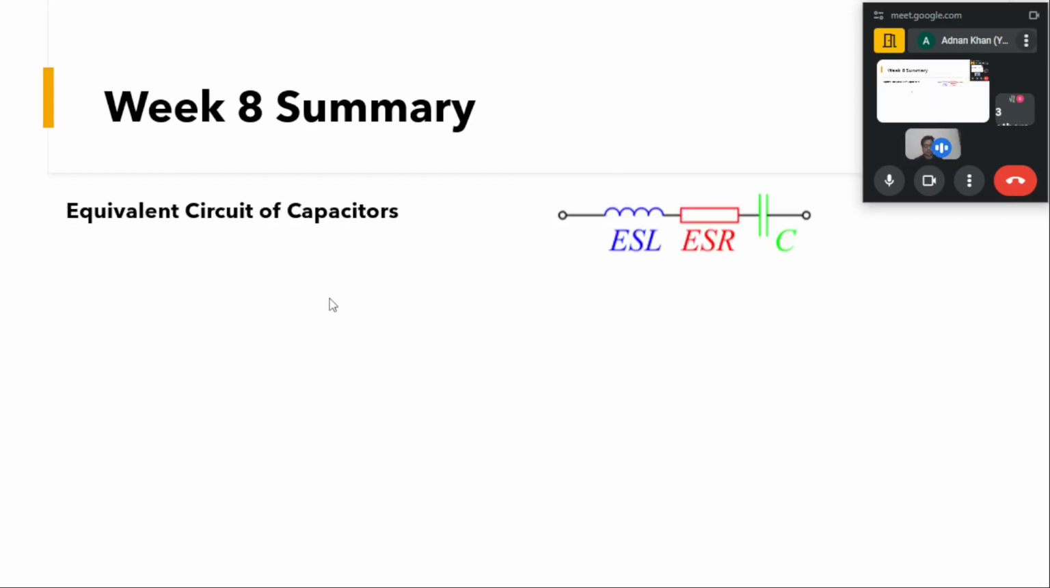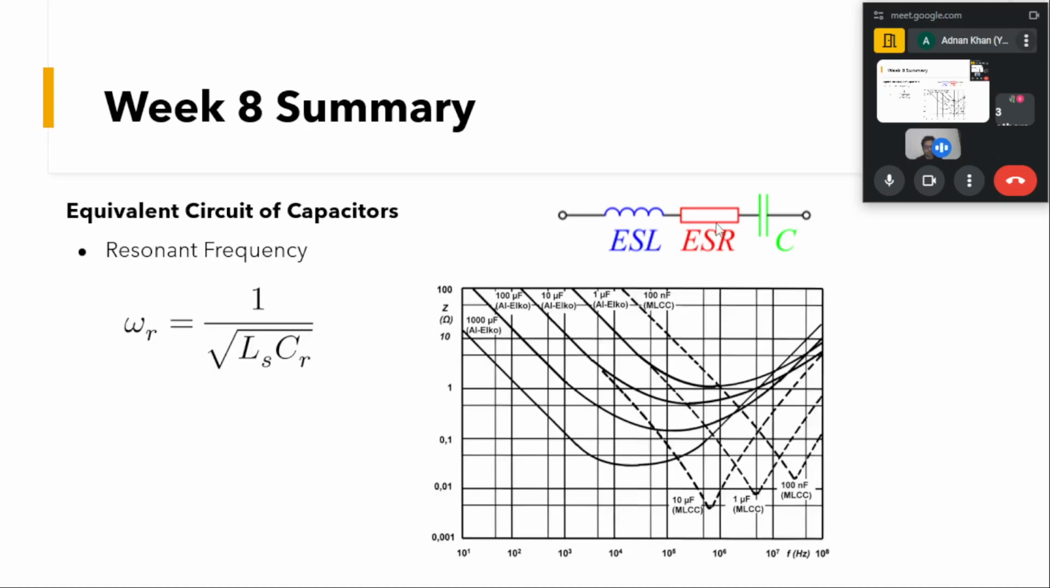So as we have seen, now coming to the equivalent circuit of the capacitors, we had seen that a non-ideal capacitor will have some parasitic resistance and inductance, which will be given by the ESR and the ESL, and after that we'll be having the capacitor. Usually while designing the capacitor, we have to take into account that this inductor and this capacitor will form a